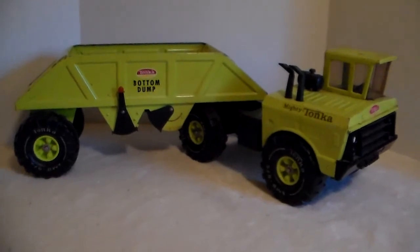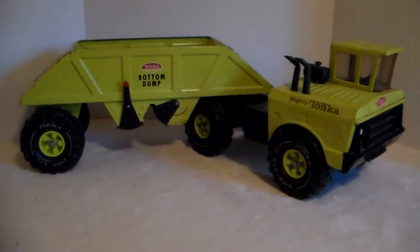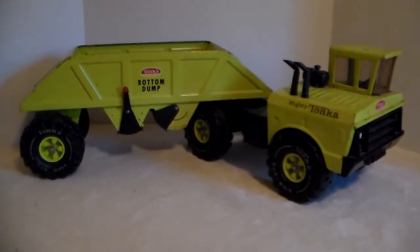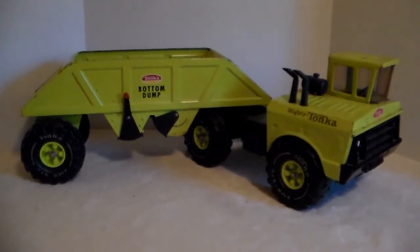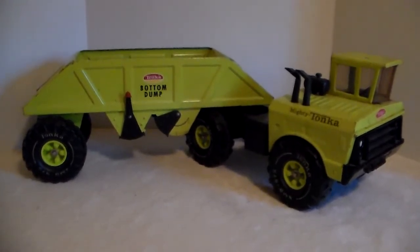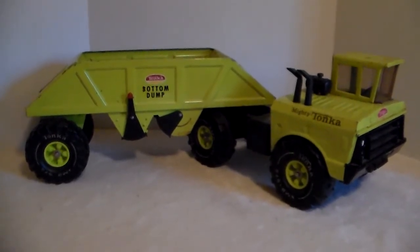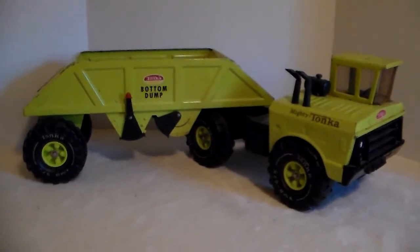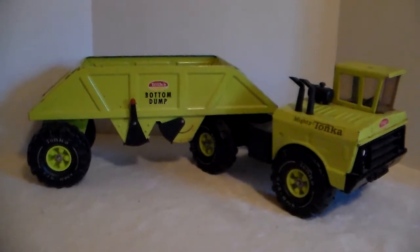I've never had one of these before. I saw one at a toy show one time, and it was in really good shape, a little better than this one, because this one does have some scrapes and some scuff marks, but man, this is pretty good shape. And the one I saw at the toy show, it was yellow and almost immaculate condition, and the guy that bought it paid like $125 for it, and I'm